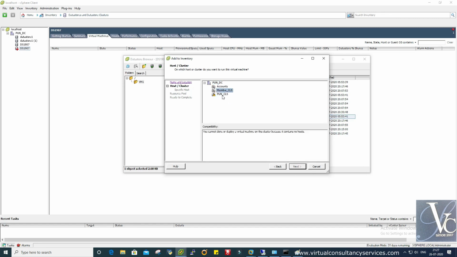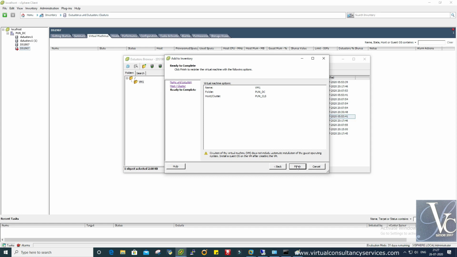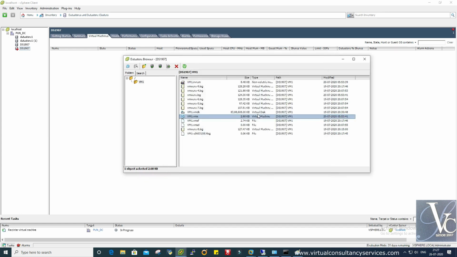Okay, so provide the data center name, then select the cluster. If we select the cluster which is empty, where we don't have any ESXi host, it will show that you cannot clone or deploy a virtual machine on this cluster because it contains no host. And finish.